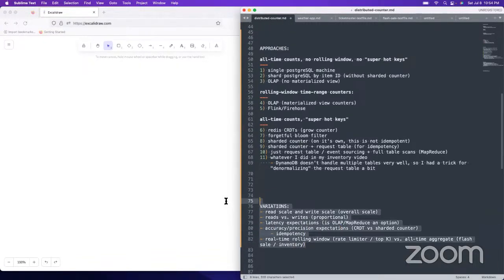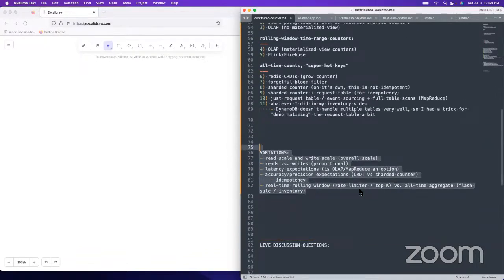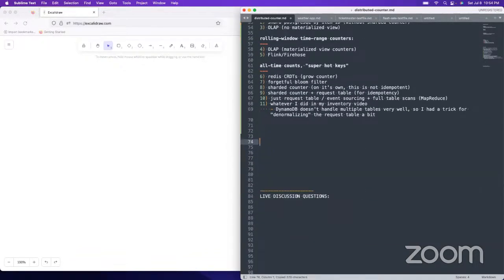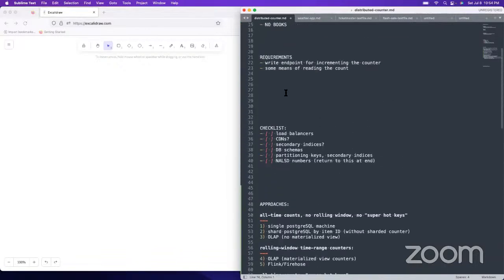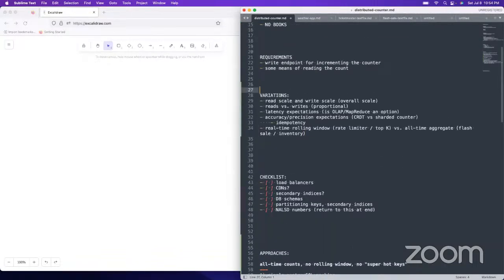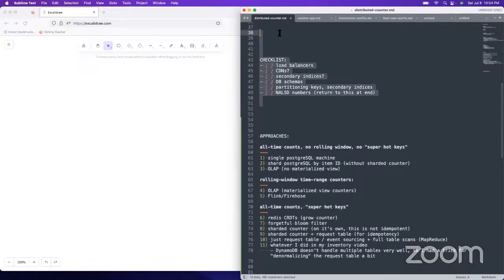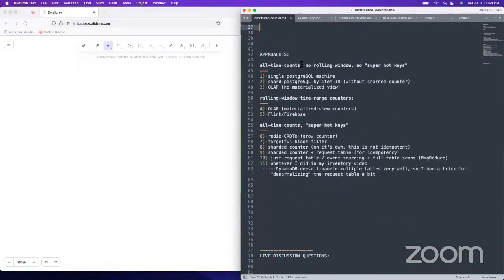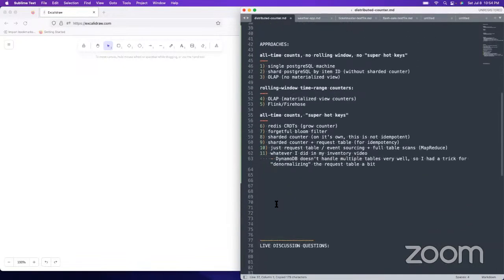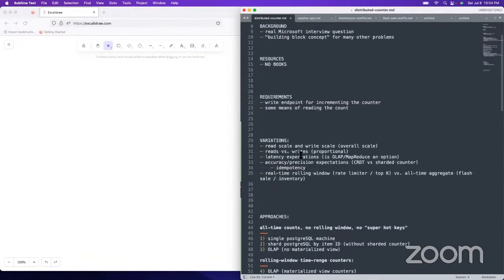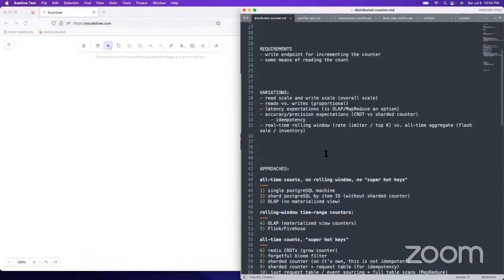So there's a bunch of different ways you can vary this problem too. I think this would be better put right under requirements. Yeah, that would be a much better place. And then we've got all those approaches. I should have just moved the checklist all the way to the bottom. There, that's a nice review of what we're planning on doing today.